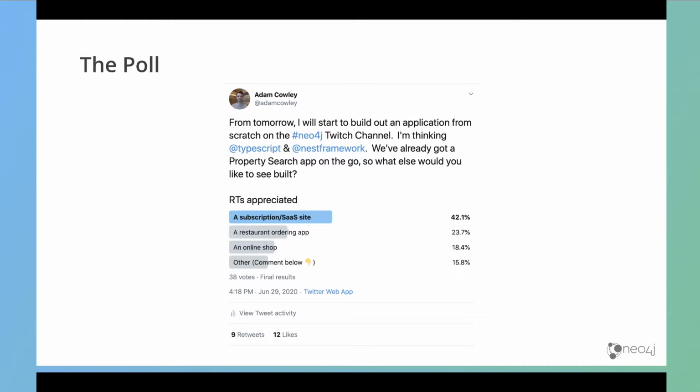Today I'm going to introduce you to the client that we're going to be working for. Based on the feedback, I wanted to find something that would show off the features of Neo4j, but also demonstrate how to build an application.